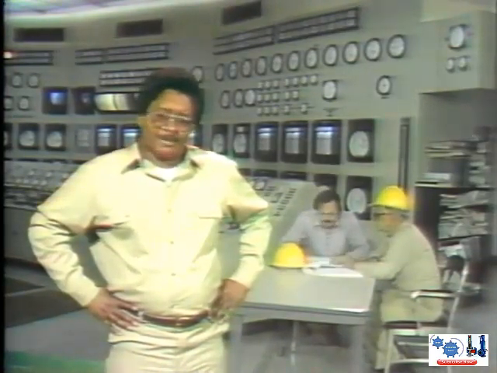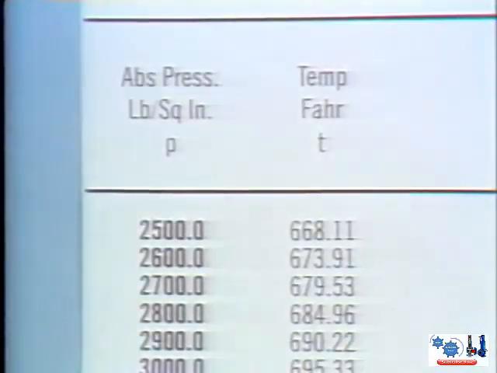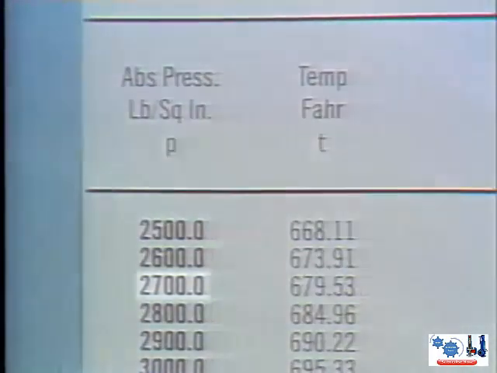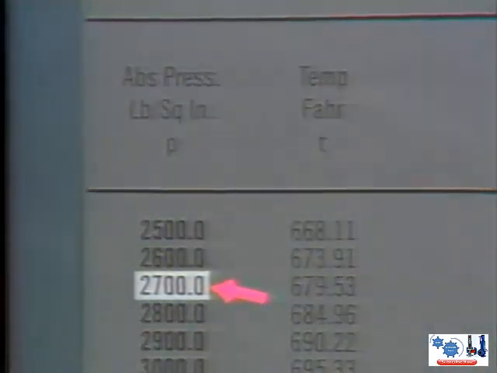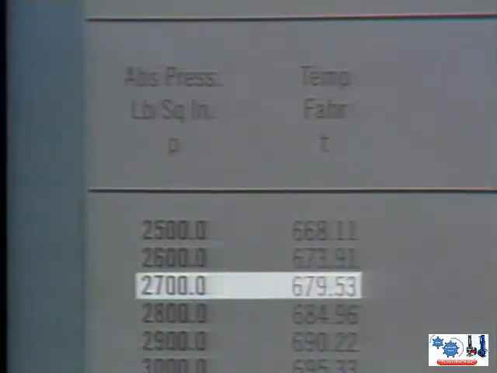For this example, we'll use the conditions at the outlet of a typical boiler drum. Steam leaves the boiler drum at about 2700 psia. Now we know that saturation conditions exist in the boiler drum, so what we need to find is the temperature of the steam. The easiest way to find this is to use Table 2. Looking down the absolute pressure column in Table 2, we find exactly 2700 psia, so we won't have to make any calculations. Moving across to the temperature column, we find that the saturation temperature at 2700 psia is